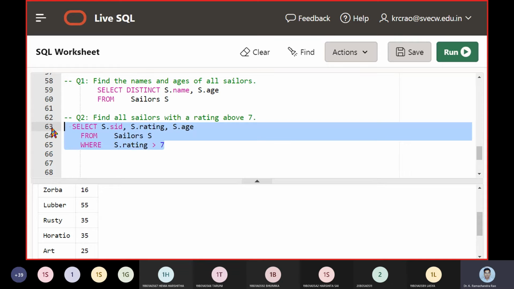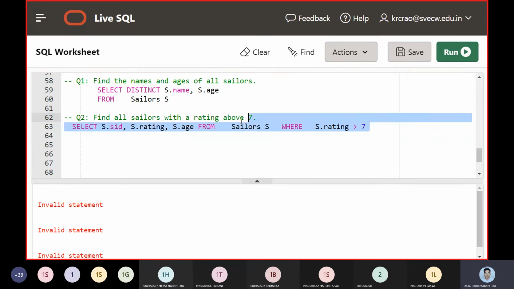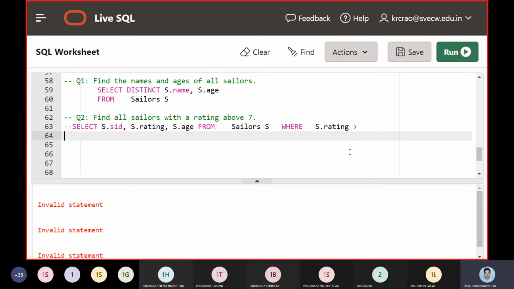So we can bring this out. Find sailors whose rating is above 7. So this was the query, and why is the error here? So SID followed by rating and age from sailors, where age greater than 7. So something it is not accepting.